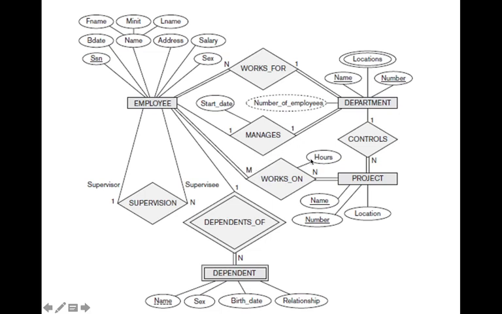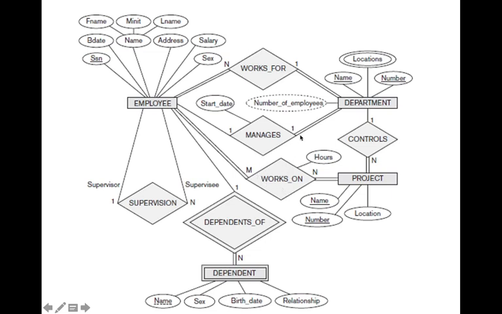Then if you see there is a relationship attribute, we have already seen, number of hours per week. It is not an attribute of employee, and it is neither an attribute of project. So what we have to do, it's an attribute of this works on relationship type. So hours is specified like this. This means hours per week is an attribute of works on relationship type.